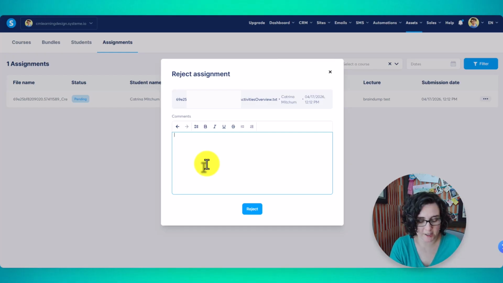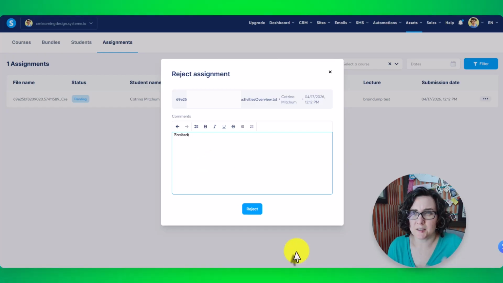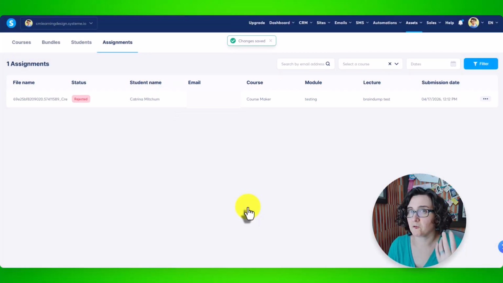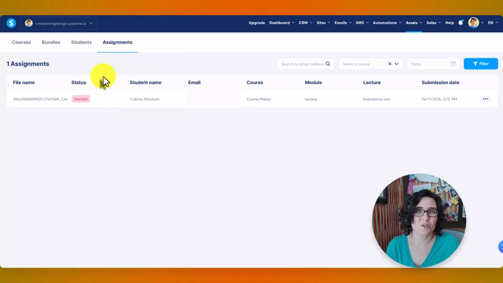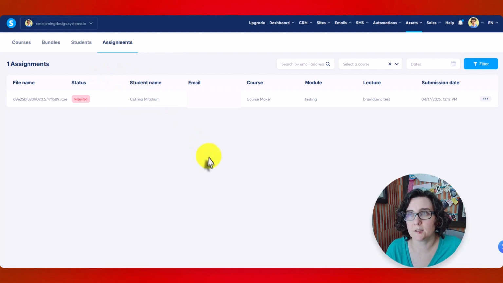So I can reject the assignment and give it certain feedback, but that does mean I've rejected it. It does give them an opportunity to resubmit it, but there's no back and forth without this weird rejection. And I'm not sure that's the word I would choose. And I'm not sure how students would take that. I don't think I would use that feature to do this. I would find another way. Okay, so this just tells me one by one what assignments were done in order to see kind of